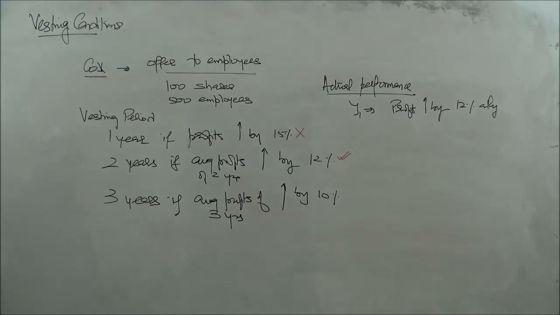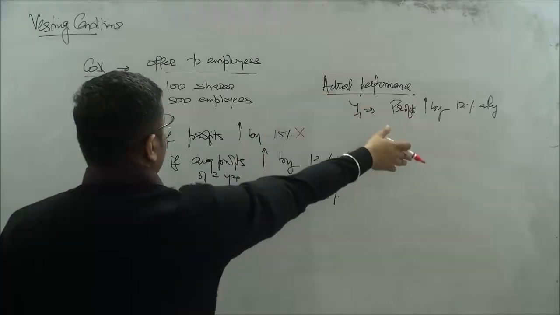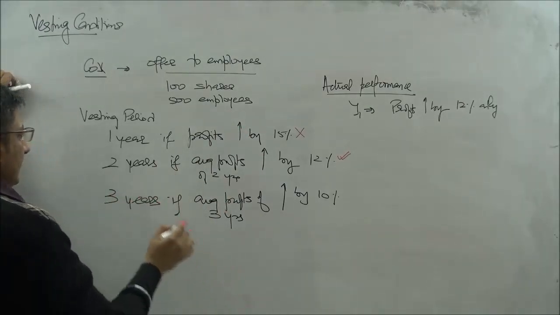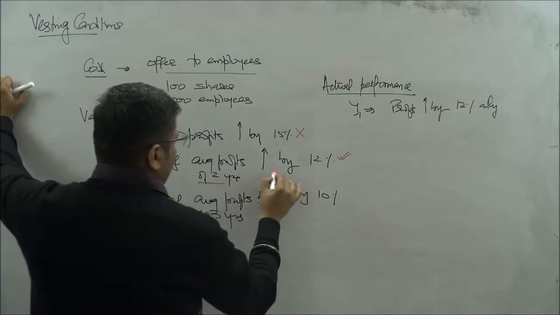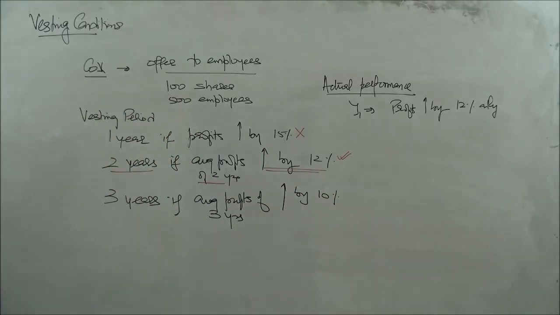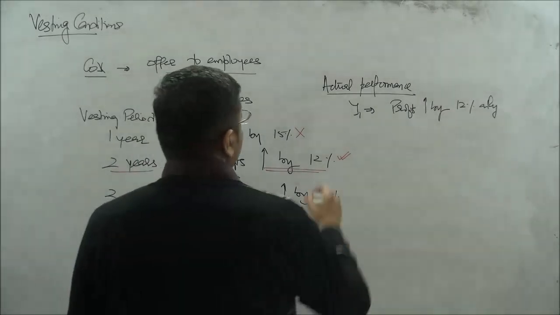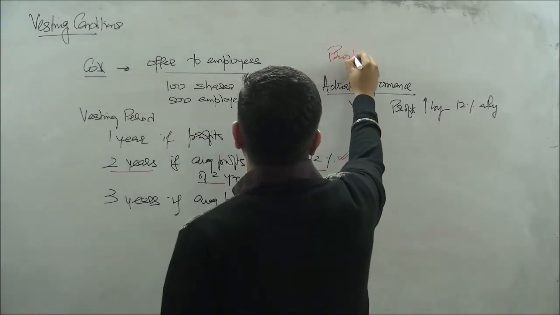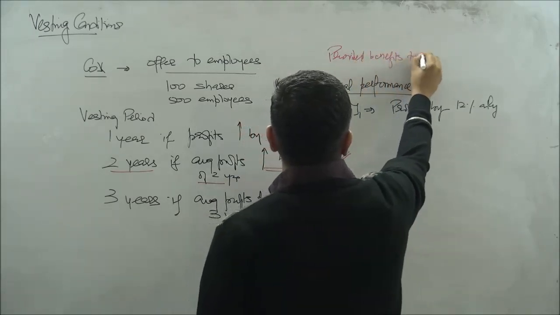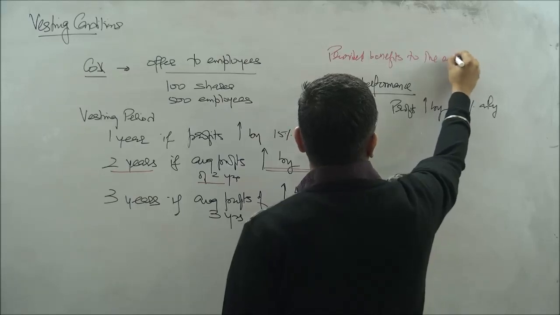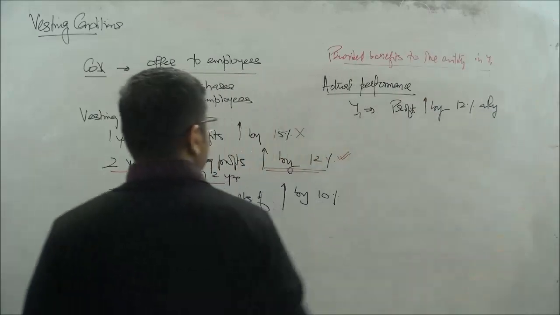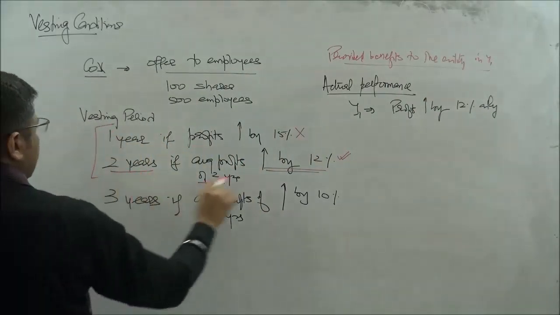Now safely it means in year 1 the employees do not get anything, but it is expected that by the end of the second year employees will get something. So they have, of course, provided benefits